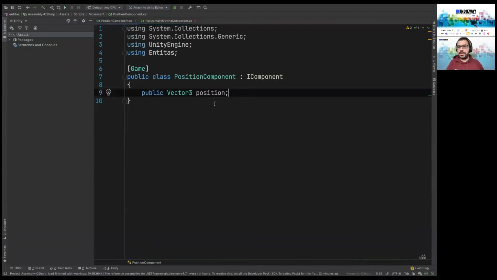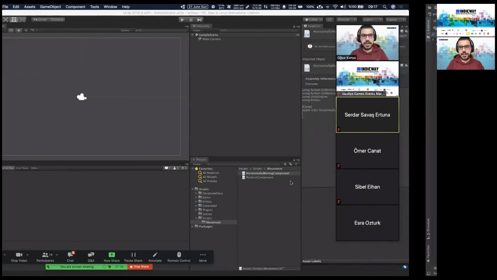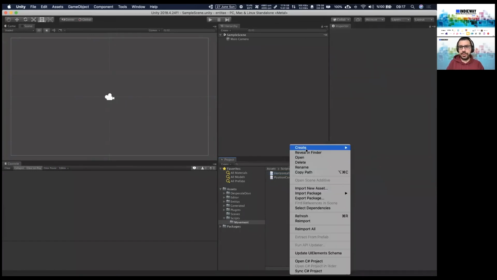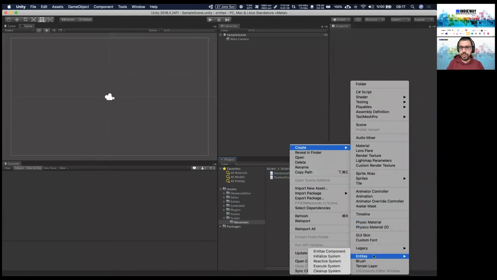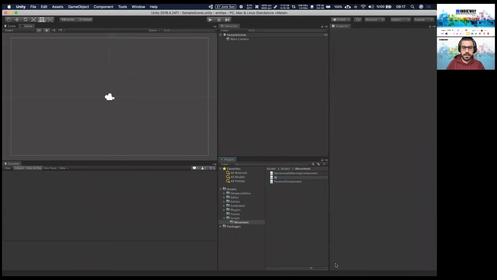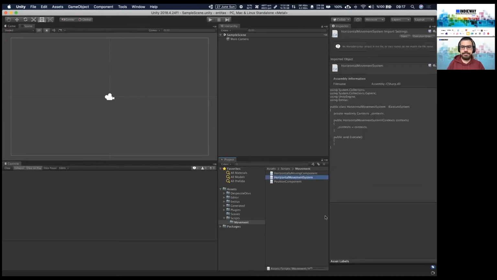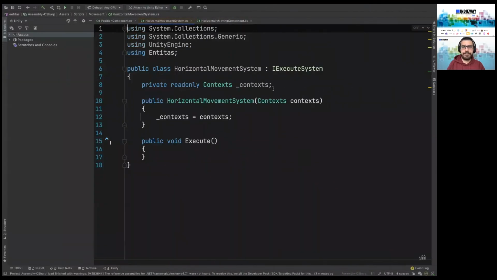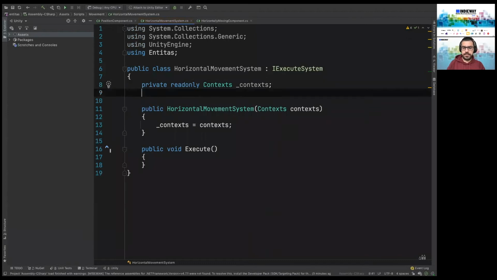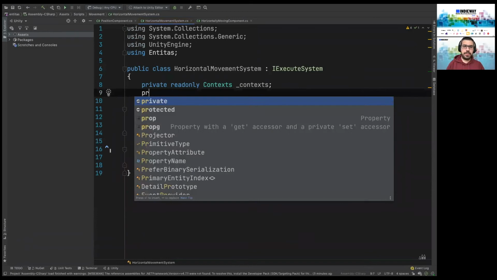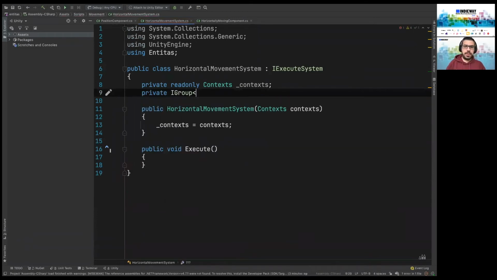I only have the horizontal component, and if it changes, it will be noticed. So I'm writing a system for that, and this is an execute system. I'd like to only include objects that are moving. This is what I am looking for.